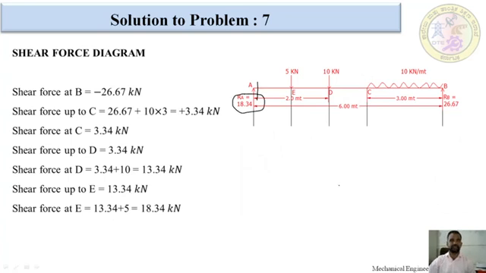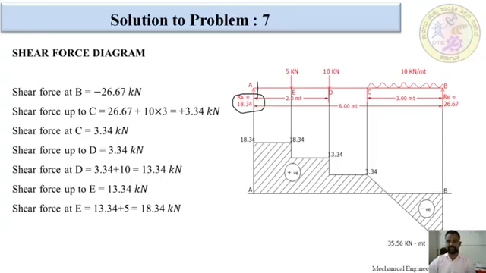After doing the shear force calculation, we are going to draw the shear force diagram. As we discussed in the previous session, I am going to first draw a horizontal line. This is the baseline. Below this is the negative value, above this is the positive value. Below it, the first value is the shear force at negative value. Up to here we have to mark it negative. This is not to scale, you can do whatever you want. This is the zero line. We have to draw it with a vertical line.